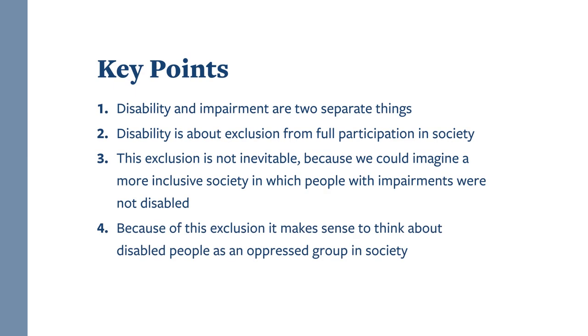There are 4 key points here. 1. Disability and impairment are 2 separate things. 2. Disability is about exclusion from full participation in society. 3. This exclusion is not inevitable because we could imagine a more inclusive society in which people with impairments were not disabled. 4. Because of this exclusion, it makes sense to think about disabled people as an oppressed group in